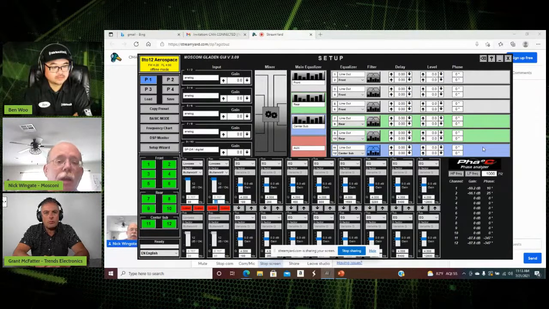Now, we've done a lot of work to get to that particular point. We've done our delays, and we set our levels, and we've got a relatively flat line. But you want to raise the sub-bass level. Well, that's a real easy thing to do. All you do then is you build a low pass,